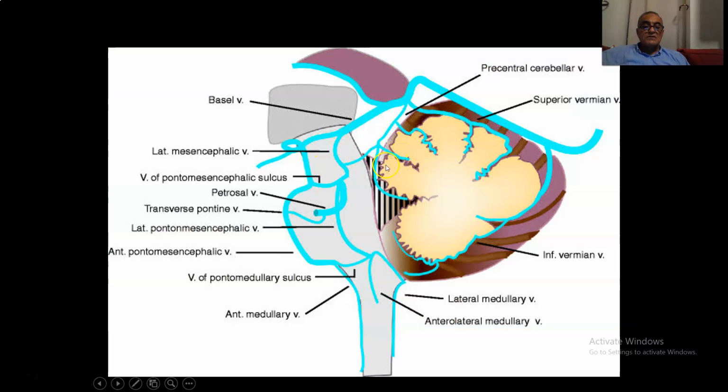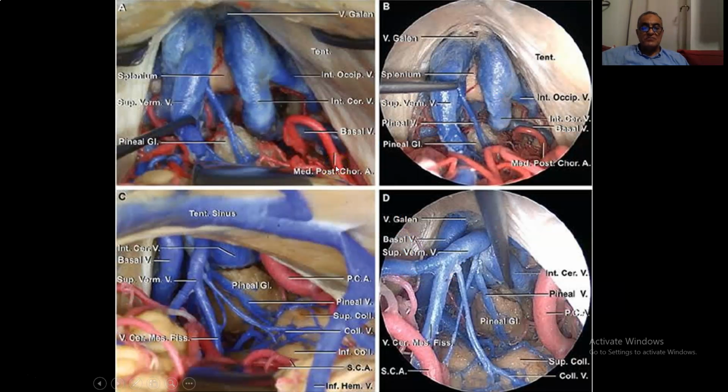This is another view of the cerebellar veins. This is the precentral cerebellar vein, as we said, superior vermian vein, precentral cerebellar vein, and this is the lateral venous drainage of the brainstem. This is a view. If you do the supracerebellar infratentorial approach, you will reach such a region in the pineal region,